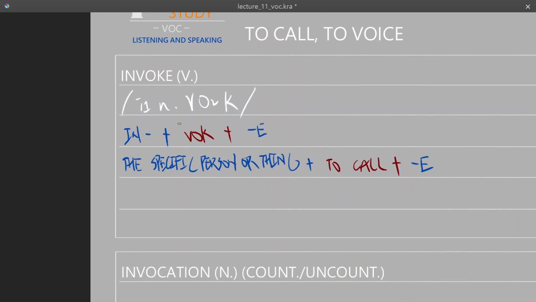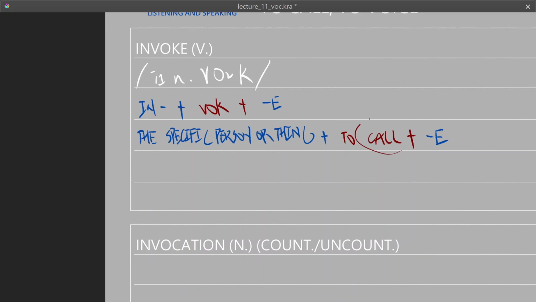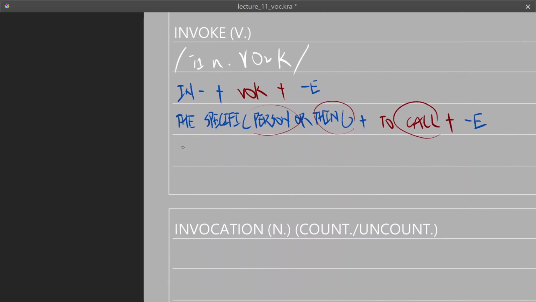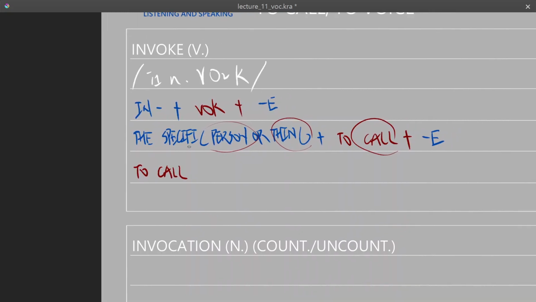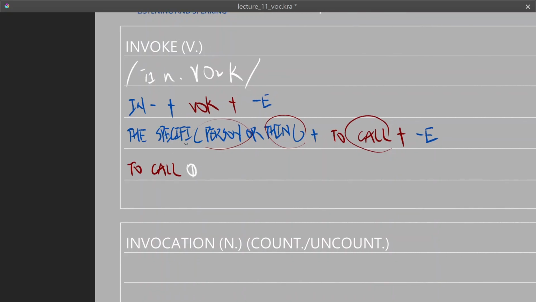So invoke actually means to call something, to call the specific person or thing. So to call what? We could call, like evoke,